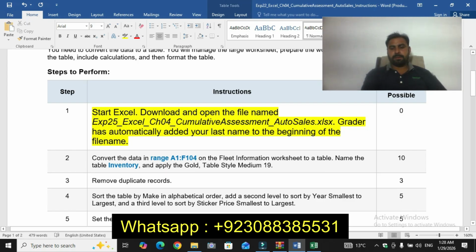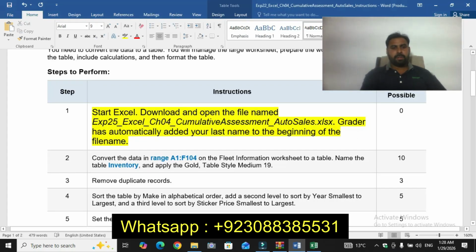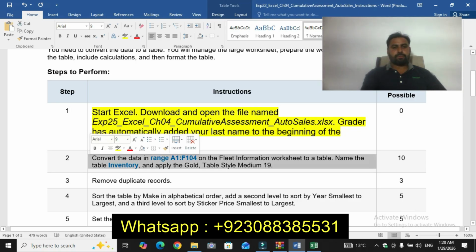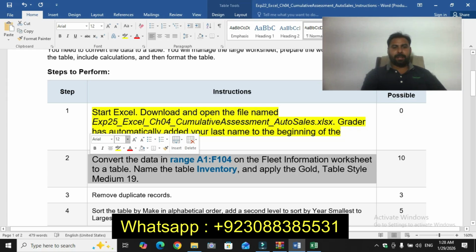Dear students, first download the file, but I already downloaded this file. Question number 2. I increase the word size so you understand better, and change the color. Convert the data in range A1